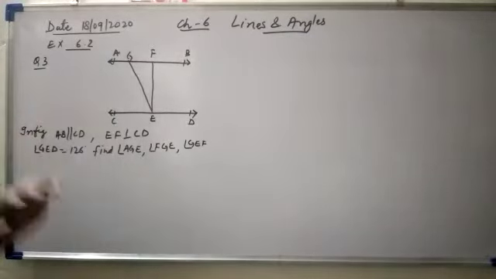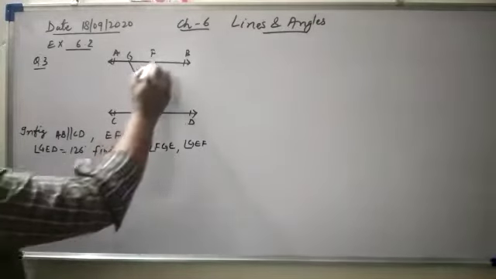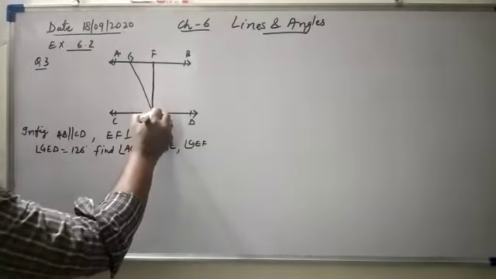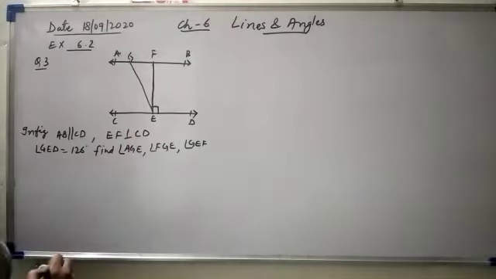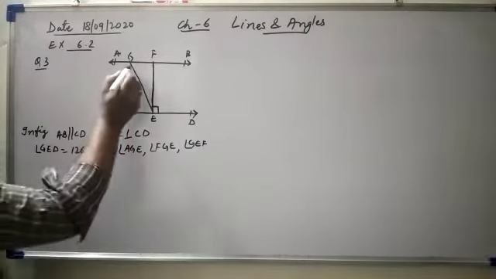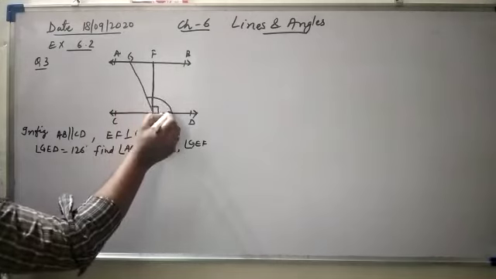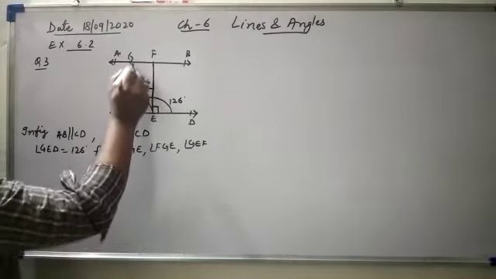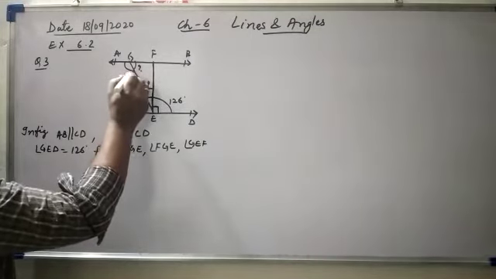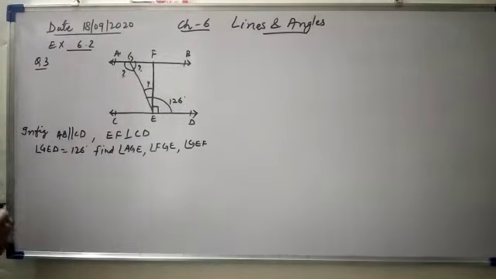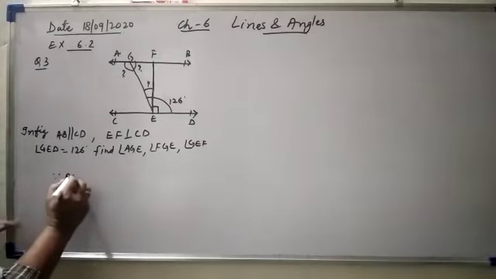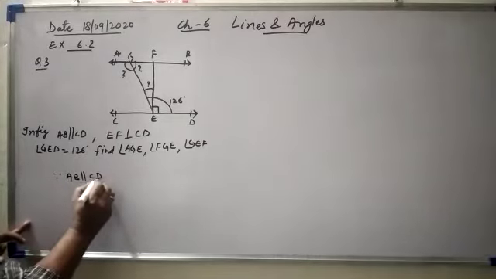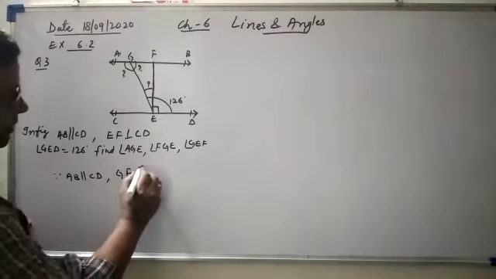We take the third question. There are two lines AB and CD which are parallel. EF is perpendicular to CD, so this angle is 90 degrees. Then this whole angle is given as 126 degrees. Now we have to find this angle and this angle. Okay, first of all, because AB is parallel to CD and GE is a transversal,